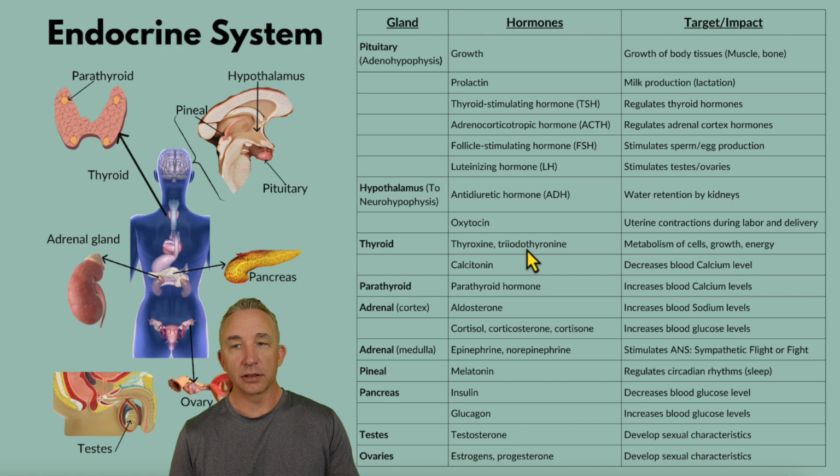And when we look at those, these hormones contribute to the overall metabolism or growth of our cells. So we see that energy within the cells itself is contributed by way of thyroxine. Calcitonin is starting to do something that we control that's flowing through our blood. So it decreases the amount of calcium ions that are flowing in our blood, versus we'll have the opposite effect,